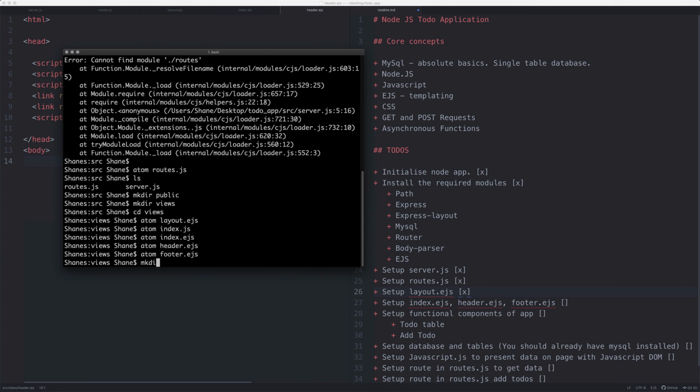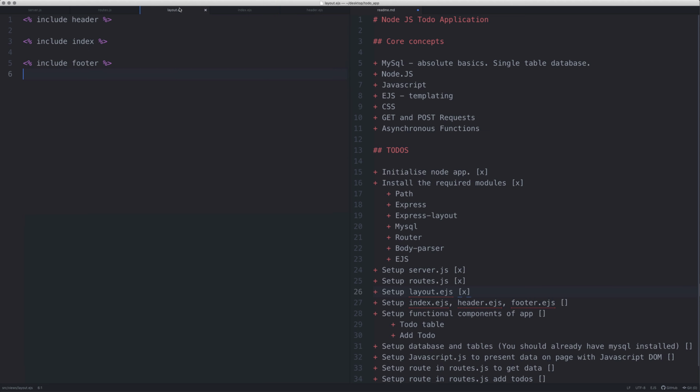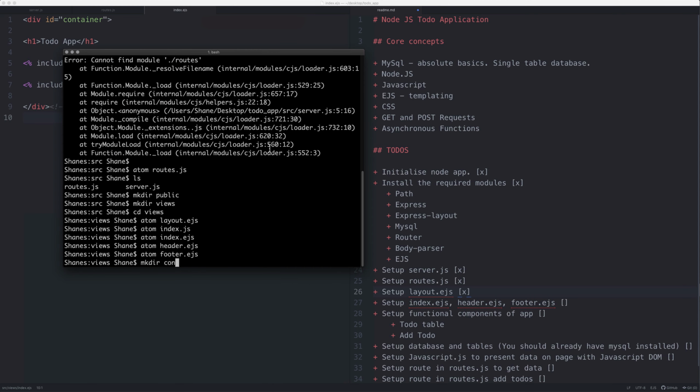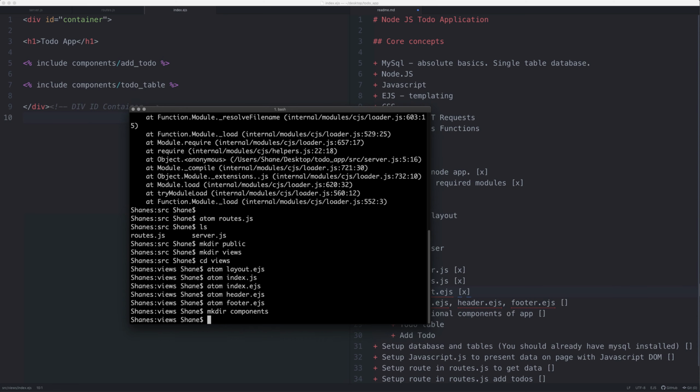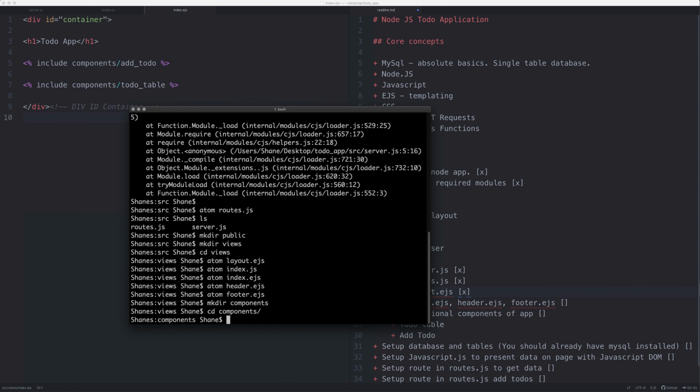Next thing we need to do is make that components file that we mentioned earlier. Where are we looking? Let's close some of these out. It's here, components, in the index file. I'm going to make sure I spell components right, because this is where I won't, even though it's quite an obvious word. cd components, and now we're going to start making the new thing. So we're going to add TODO.ejs,